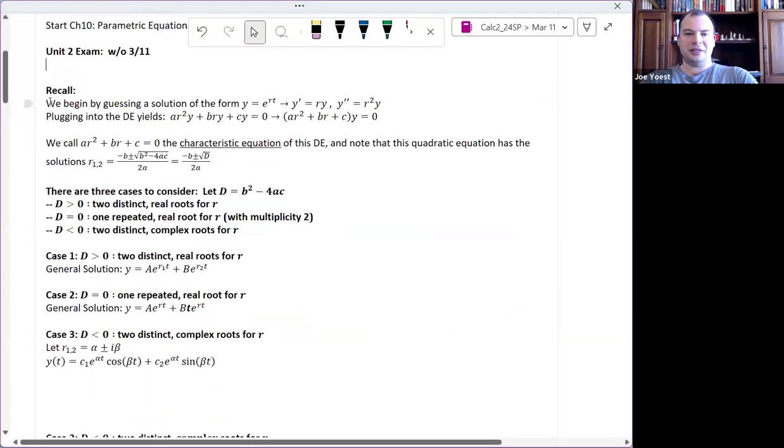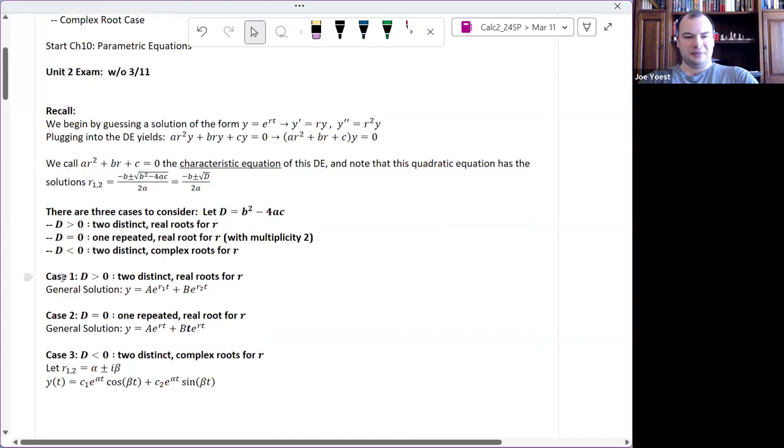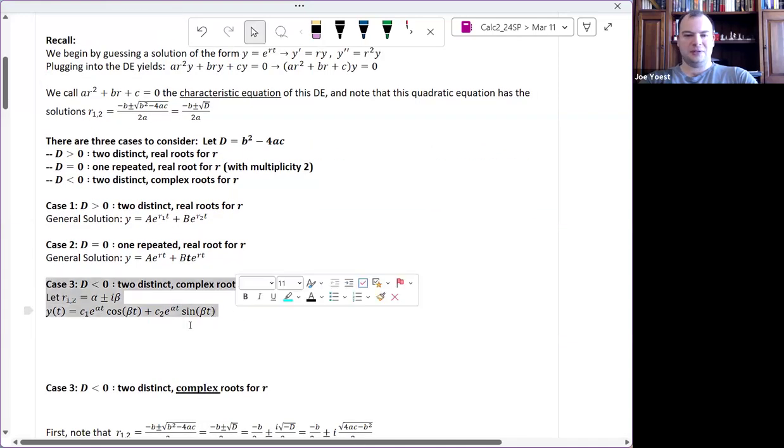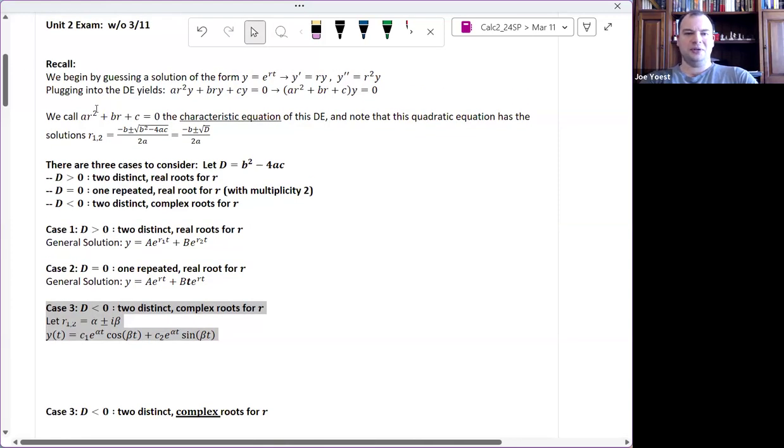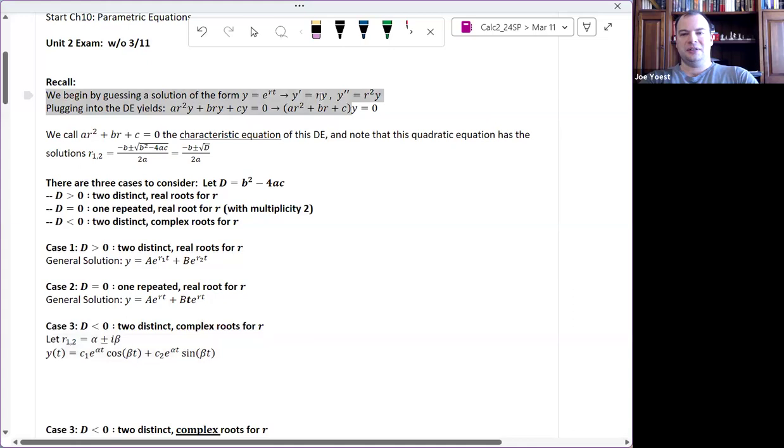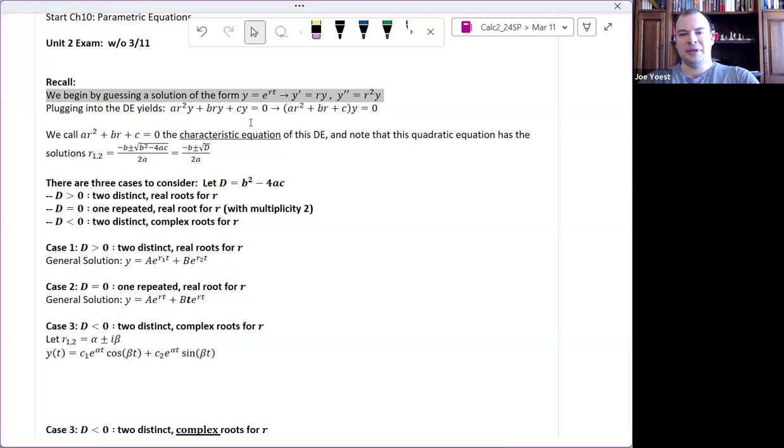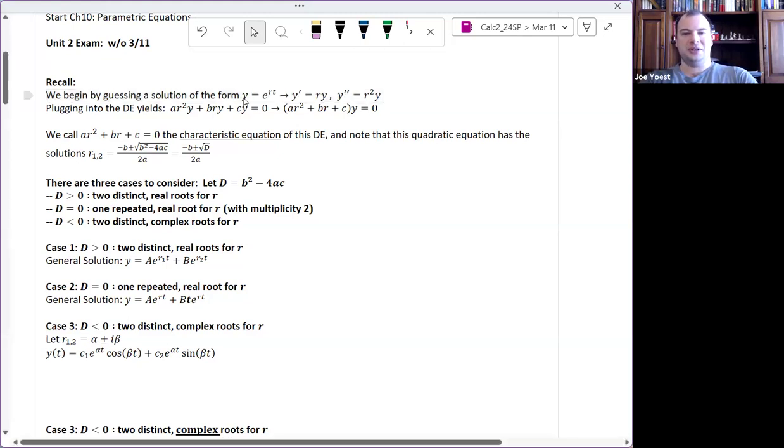Okay, so the last little bit that I want to wrap up in differential equations in today's class is the third case, two distinct complex roots. And just a super quick review, we're talking about second order linear constant coefficient homogeneous equations. So we start by guessing a solution of the form y equals e to the rt, plugging into the differential equation, and we get this